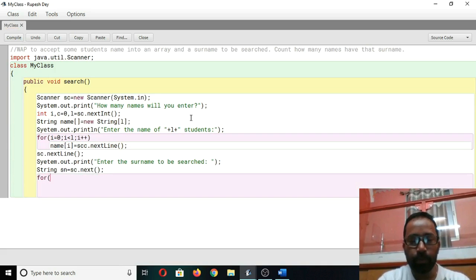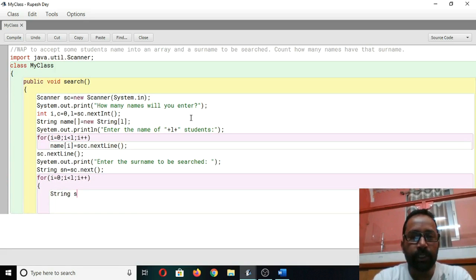Now make a for loop to get the index number again. I equal to 0, I less than L, I plus plus. String s. I will take out each and every element's value to store in s in uppercase, name[i].toUpperCase.